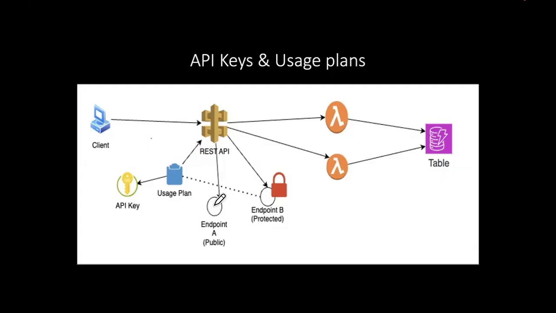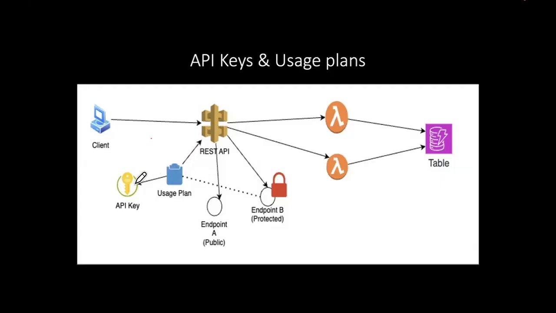So my web API, let's say, just has two endpoints. This one here is completely open-ended. It's public, so it doesn't have any associations with usage plans or API keys. Whereas this endpoint over here, I'm using this lock symbol to indicate we want this to be a protected endpoint. And so it won't have a direct connection with the usage plan, but because the usage plan is linked to this